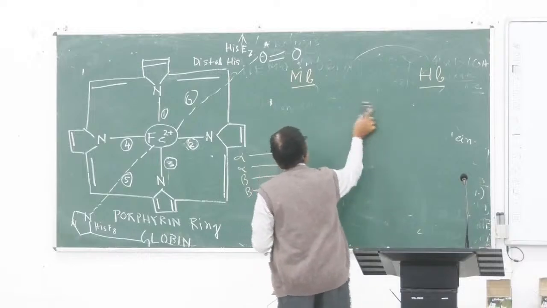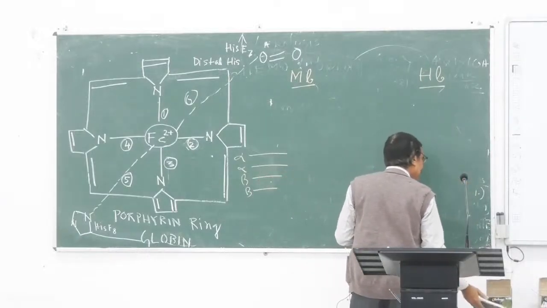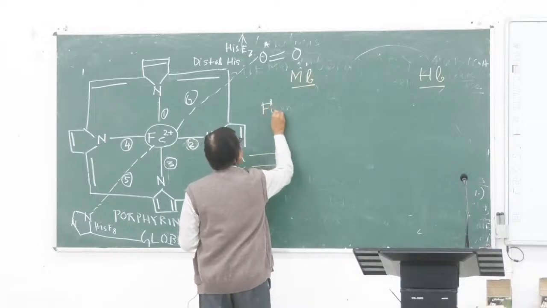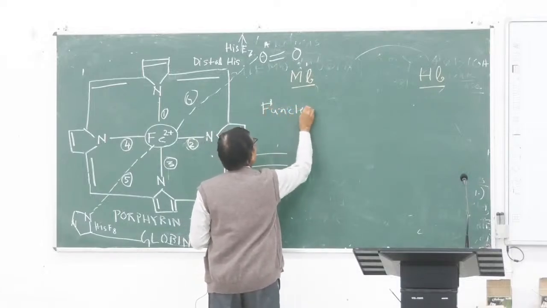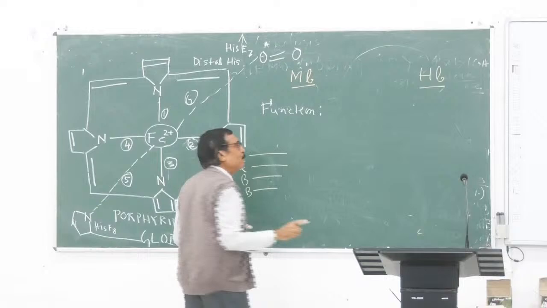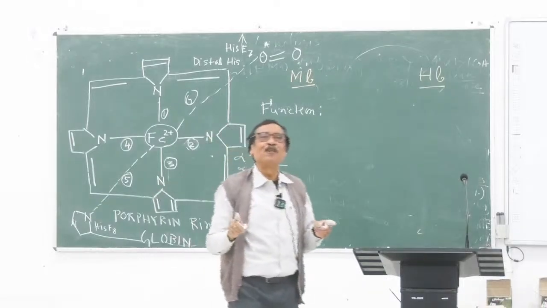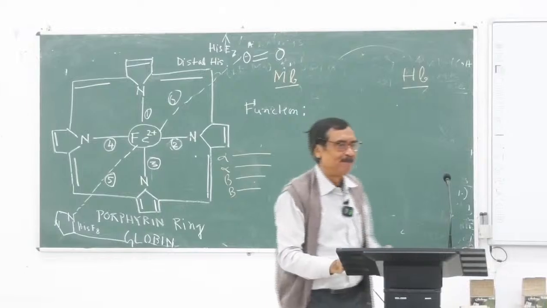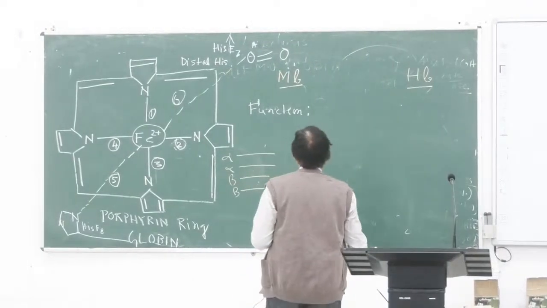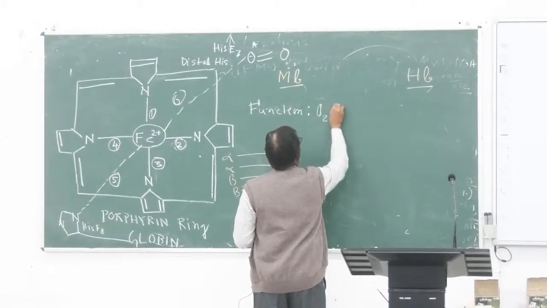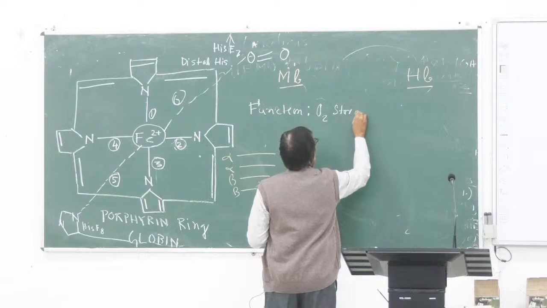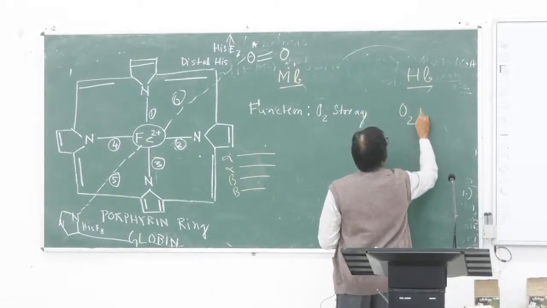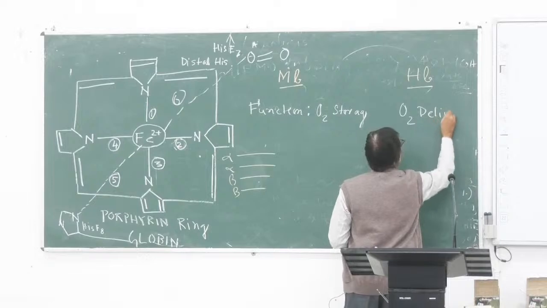তাহলে মায়োগ্লোবিনের ফাংশন আর হিমোগ্লোবিনের ফাংশনের মধ্যে তাহলে কি হবে? ফাংশন হচ্ছে গিয়ে, এর ফাংশনটা কি তাহলে? অক্সিজেন ট্রান্সপোর্ট কিন্তু এর ফাংশন নয়। এর ফাংশন হচ্ছে অক্সিজেন স্টোরেজ, storage of the oxygen. এর ফাংশন হচ্ছে অক্সিজেন ডেলিভারি টু দ্য টিস্যু।